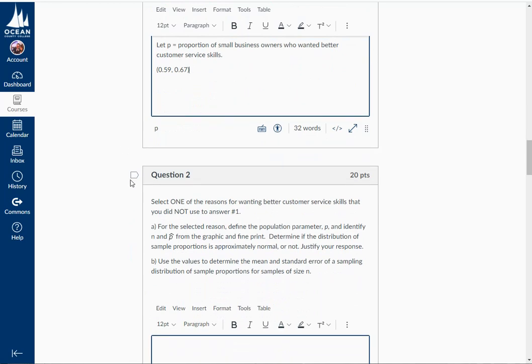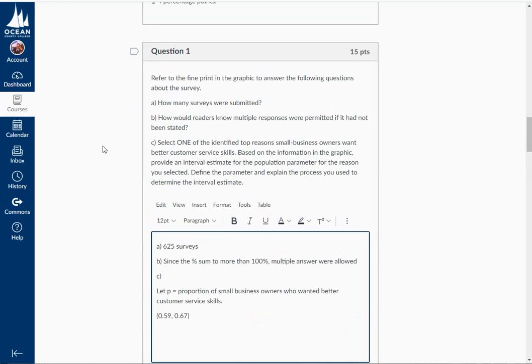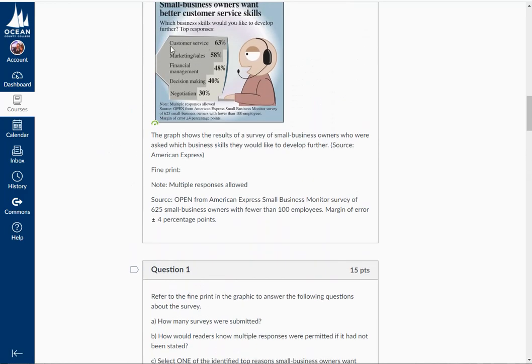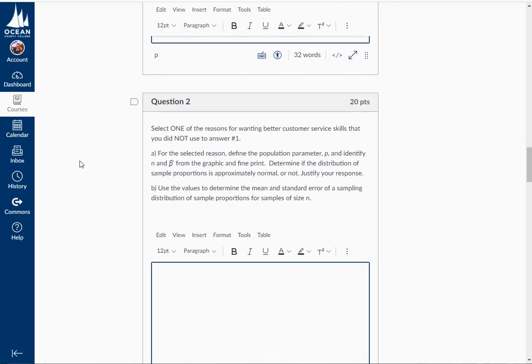Question 2 says select one of the reasons for wanting better customer service skills and business skills that you did not select in answer number 1. So I've already selected customer service. So next I'm going to select marketing and sales. Okay. For the selected reason, define the population parameter. So that's A. So I'm going to let